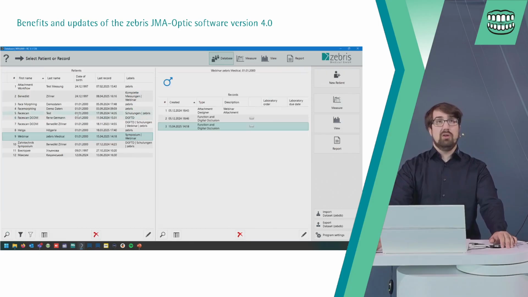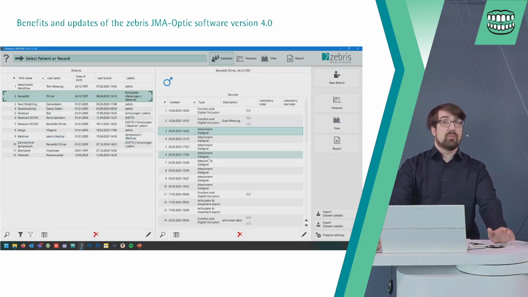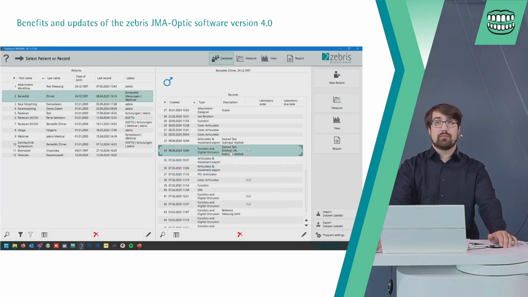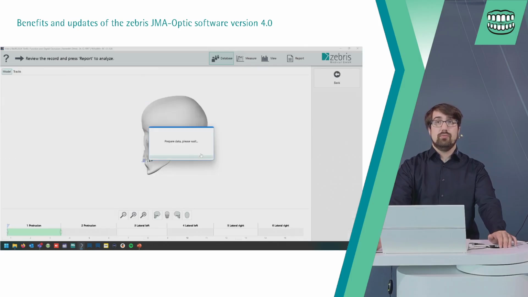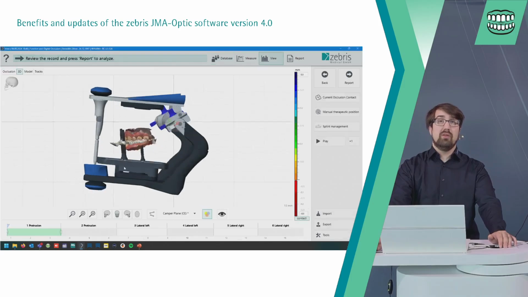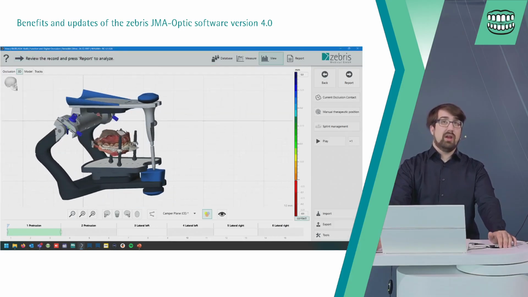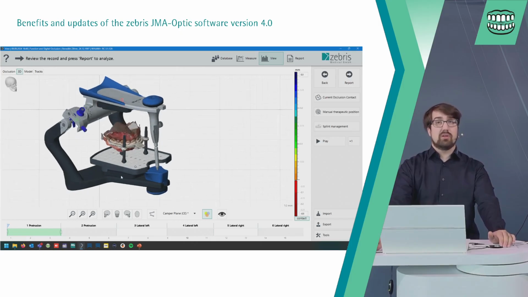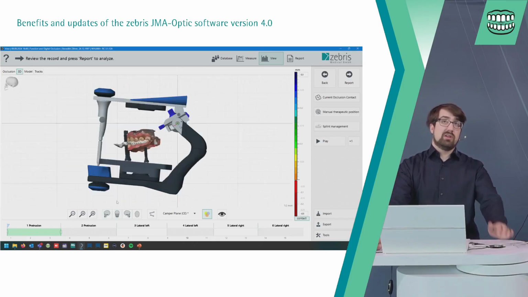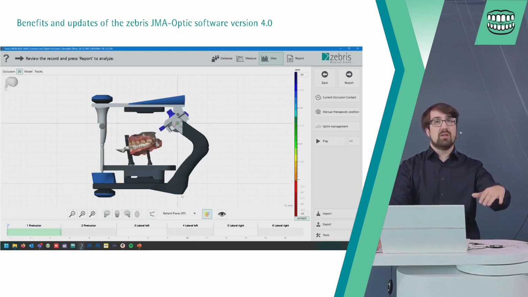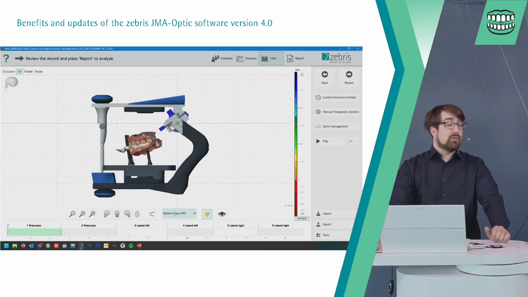And when we take a look at a measurement with a bite fork, we now have the possibility to show you the articulator and the positioning on a mechanical articulator directly in our software. And so the articulator is also in a plane. We can select it here and we see the Artex works with the patient plane. This is the scan position we have here, and we have an Exocad, for example.